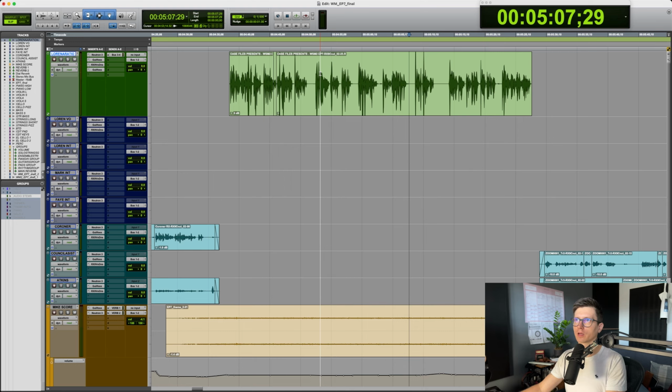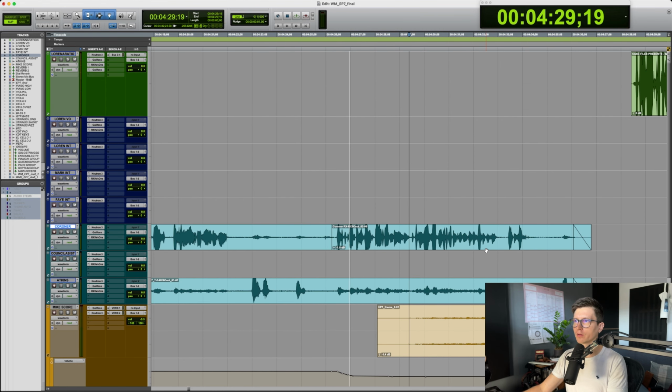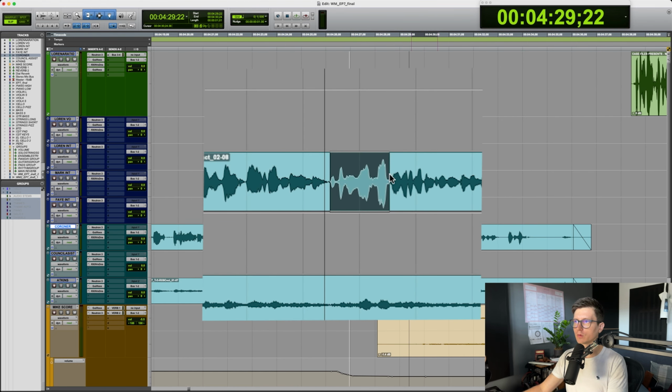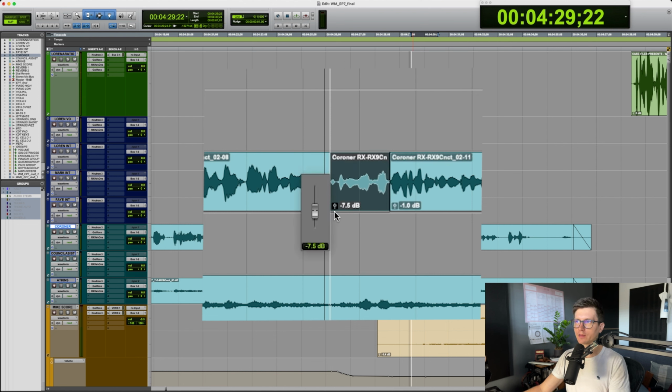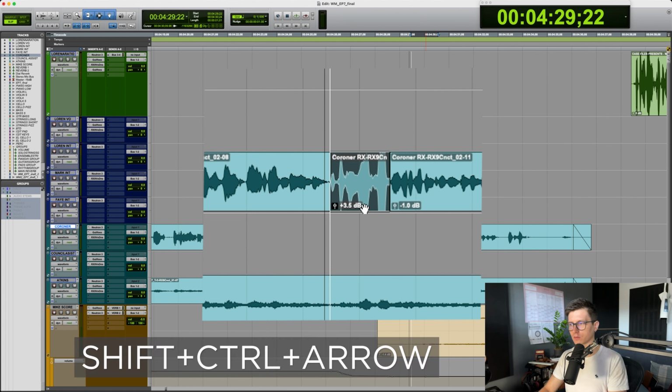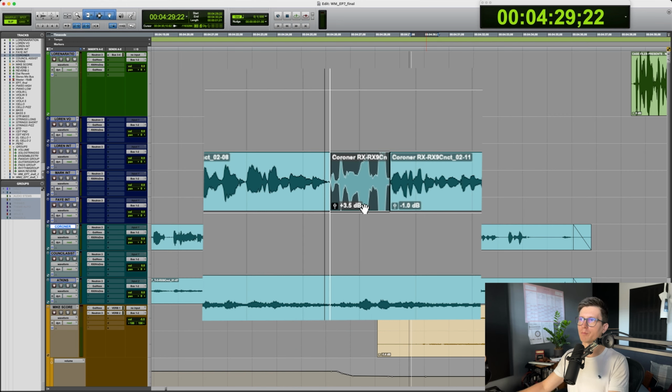There's 2 ways of doing it. So one way is, okay, we got this bit and we want to make it quiet, so you cut it and then either play with the mouse. On Mac it's shift control and arrows, and that's in increments of 0.5 dB. You can go like that. Or